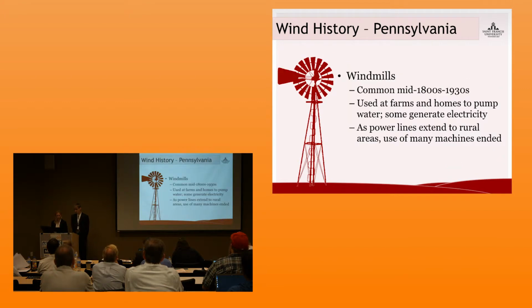questions. So if we look back to the mid-1800s to the 1930s, windmills were actually a common part of the landscape of the United States, including here in Pennsylvania. They were used on farms and homes to pump water, and some even generated electricity. But as power lines extended to rural areas, their use declined. That is,